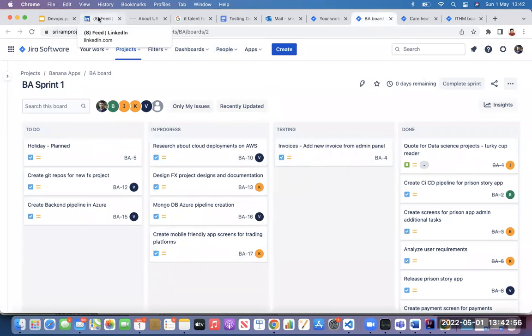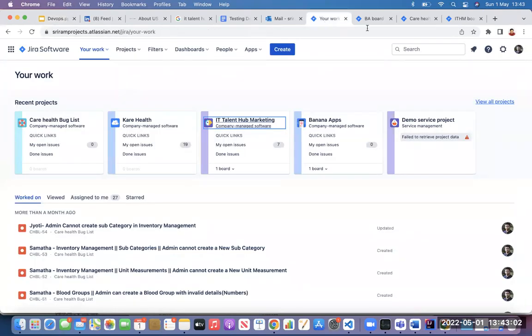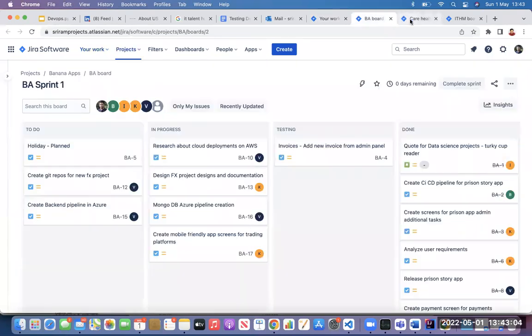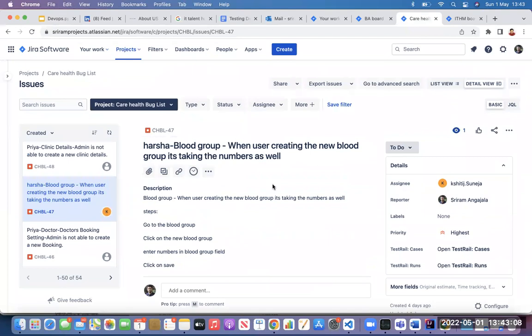In the UK, when you first join a company, they will give you a Jira board and ask, can you please look into the existing bugs? Can you retest the bugs? That is what they will say. You cannot ask, is it an Excel sheet? Where can I find it? You should not ask all these basic questions. You should already be doing that. Then only that's called experience. Okay.